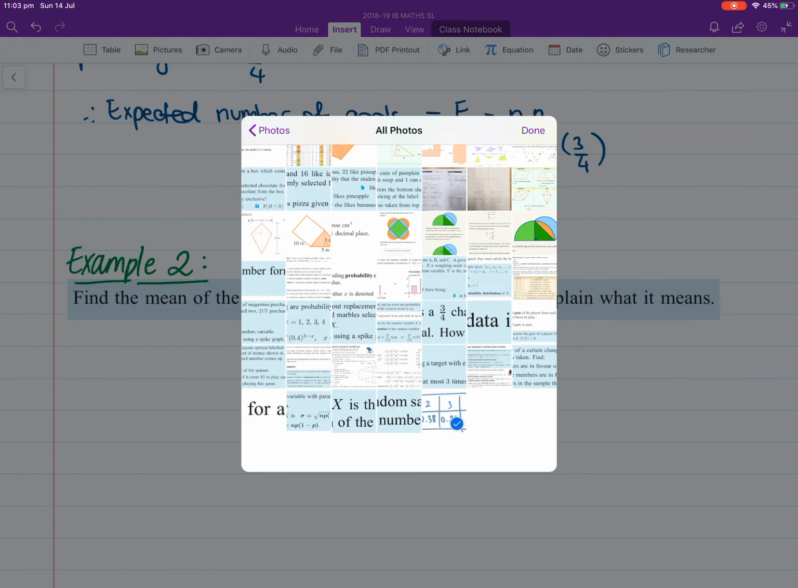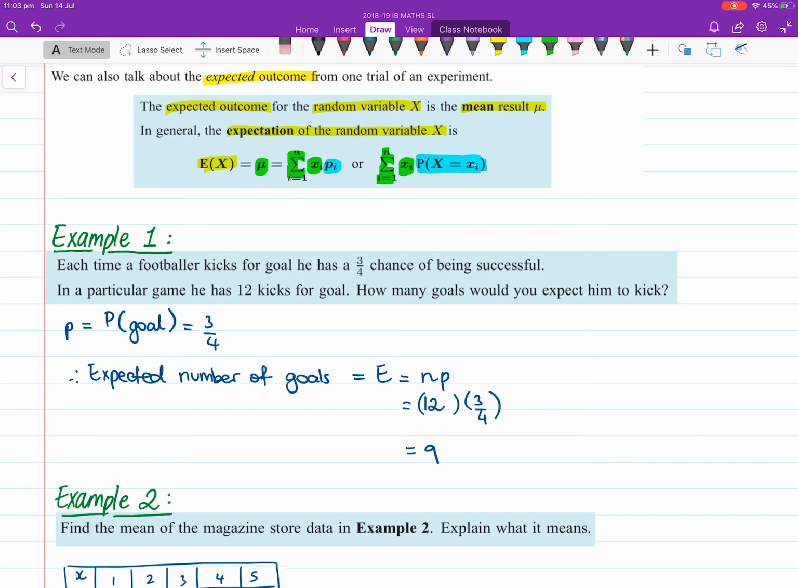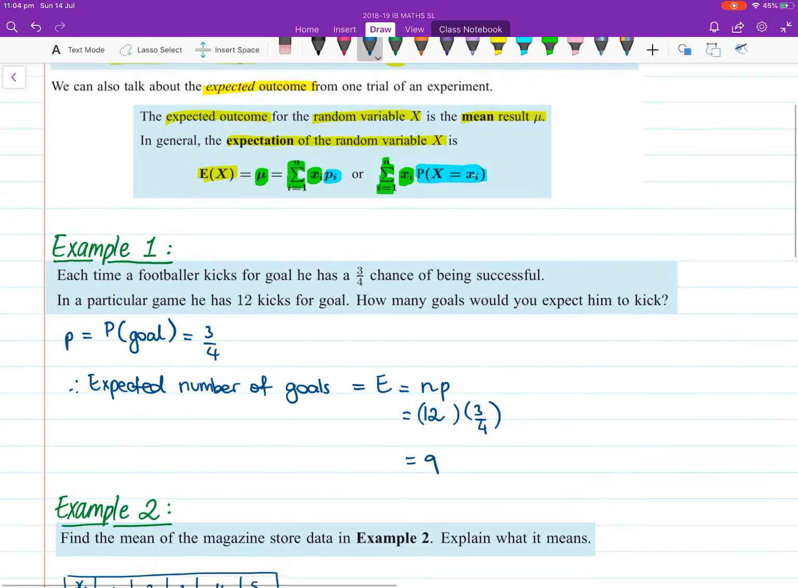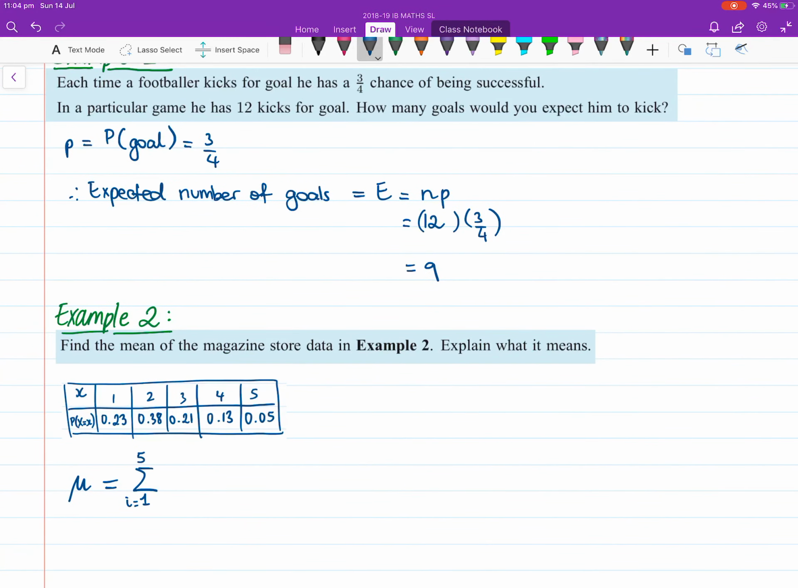Now it wants us to find the mean of the magazine store. So the mean is that symbol mu, from up here, and is equal to the sum, or sigma. Sorry, that was a terrible symbol. Let me draw it again for you. Sigma starting with i equals 1, and we end at 5, and it is going to be your xi times your pi,